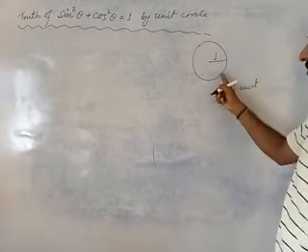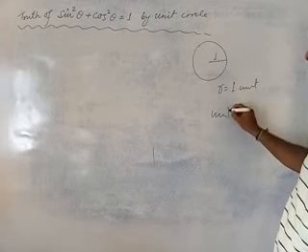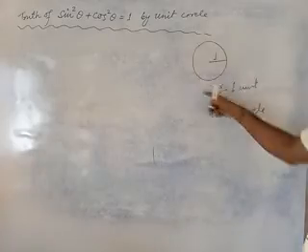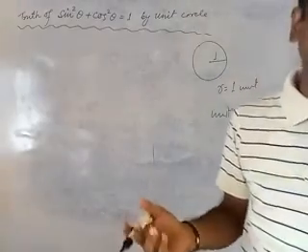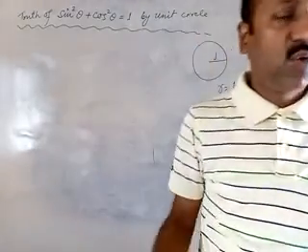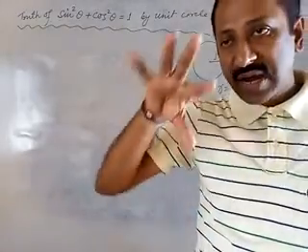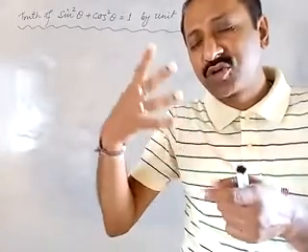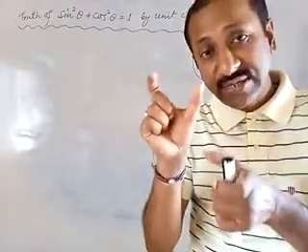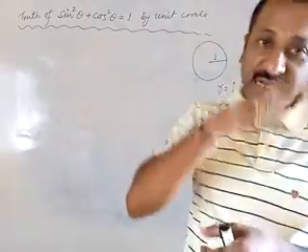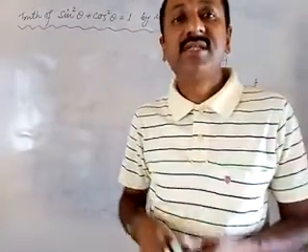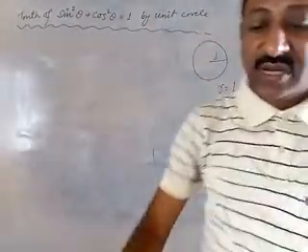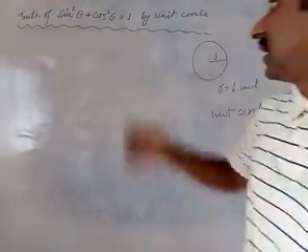Okay, this is called what? Unit circle. Radius may be 1 centimeter, 1 kilometer, 1 meter, 1 decameter, whatever. Or while you draw a circle in a graph, you may choose 5 small squares as 1 unit. That 1 unit as you have chosen, so that circle will be known as what? Unit circle.